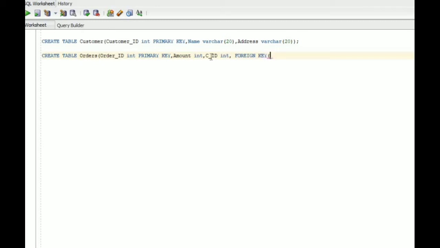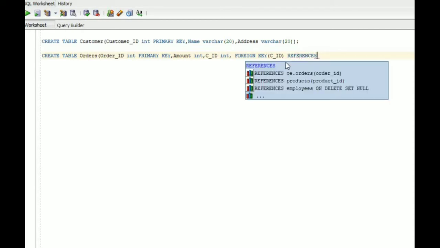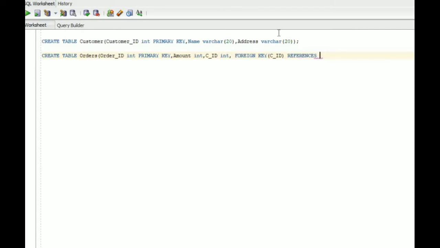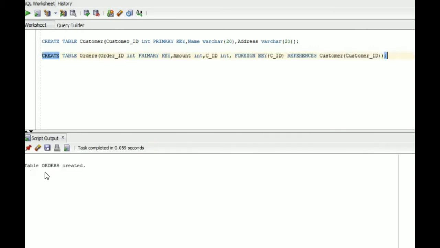In which column do we have to create the foreign key? That is CID. That points to the primary key in another table, so we write references. The primary key is customer ID here, in the customer table: the table name, and in the brackets the column name, customer ID, and then a semicolon. You can see the orders table created.